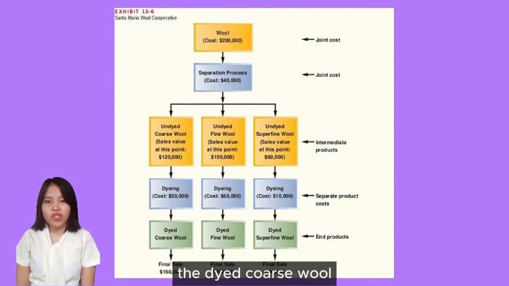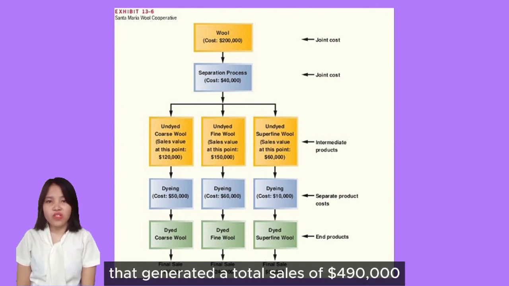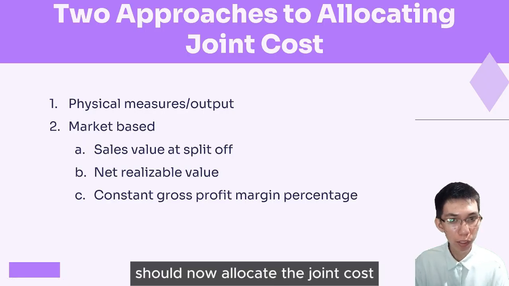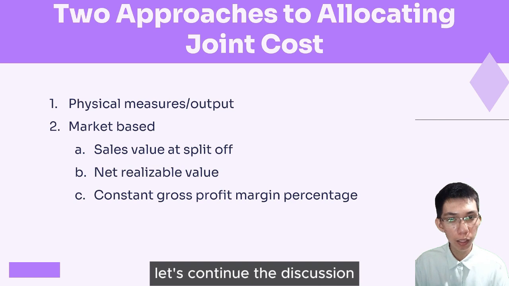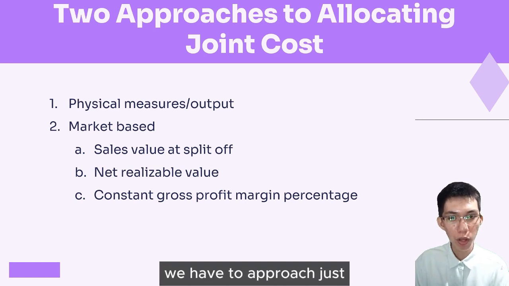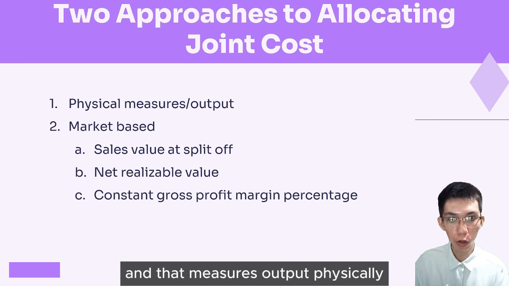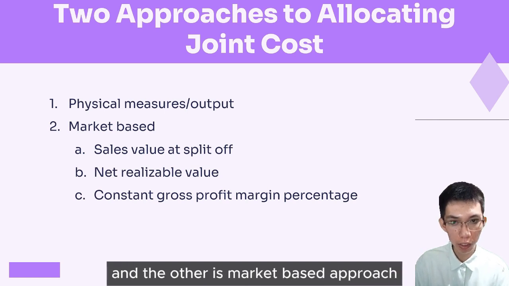The dyed coarse wool, dyed fine wool, and dyed superfine wool generated total sales of $490,000. In order to address the question of how we should now allocate the joint cost, let's continue the discussion. We have two approaches. One is the physical measure of output, which measures output physically, and the other is the market-based approach